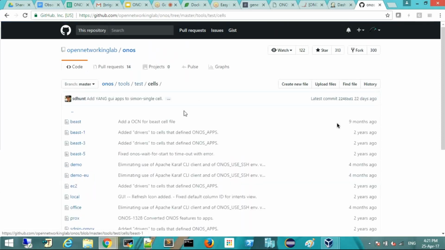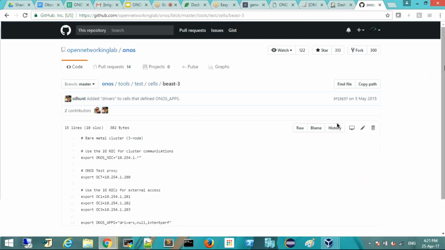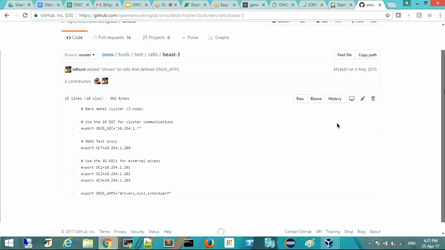Let's say you look at the B3, that's our bare metal cluster definition. The key pieces are OC1, OC2, OC3 that define the IP addresses of the three machines in a cluster. We also define which applications we should run by default, which get activated automatically, and that's drivers, null, and intent performance. There's also an environment variable called OCT that's basically like a proxy, so that when you